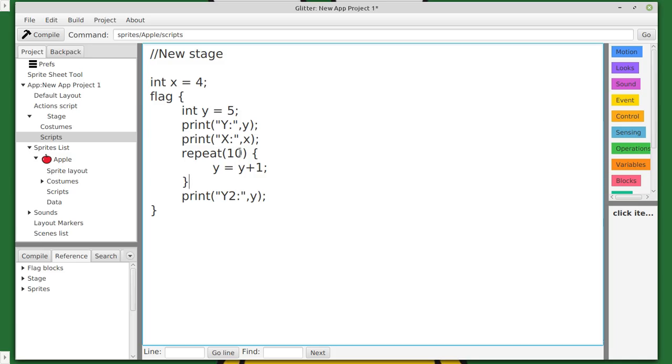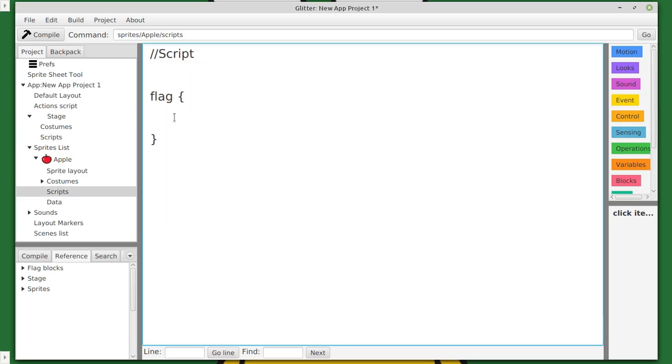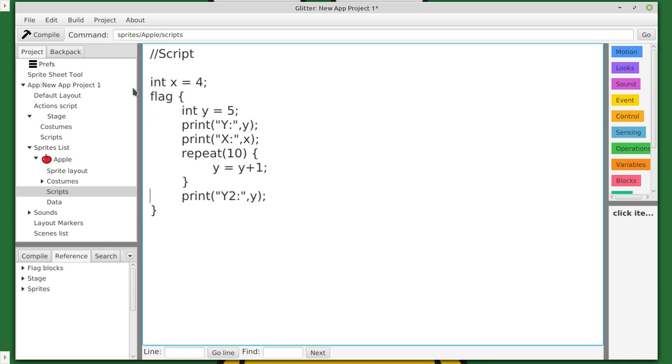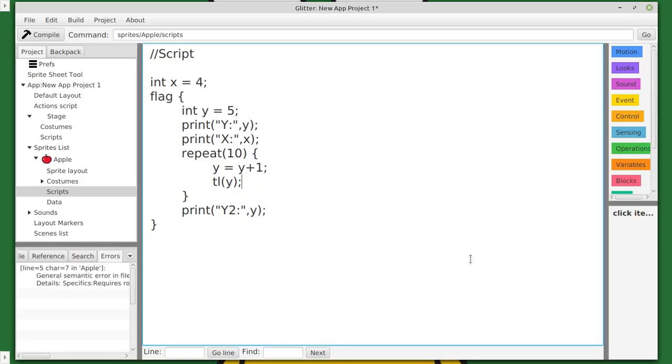All right. We'll take this and we're going to put this in here, and into my apple. And then I'm just going to say turn left, Y. All right. Now, when I compile it, it gives you a rather odd error, but it says requires root level context. So you do not have full local variables in Glitter, even though sometimes it seems like you do,